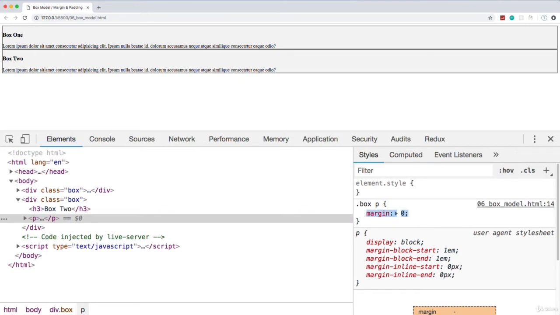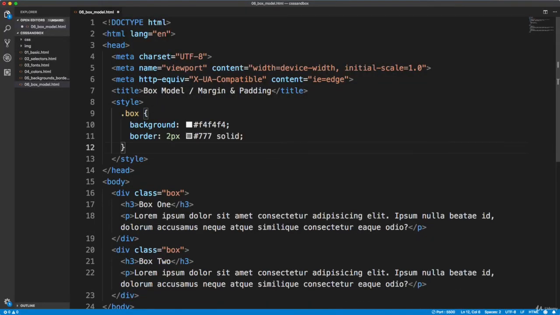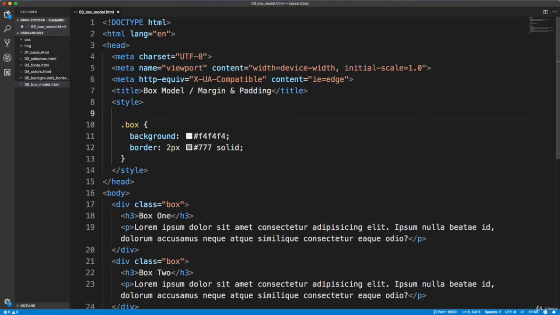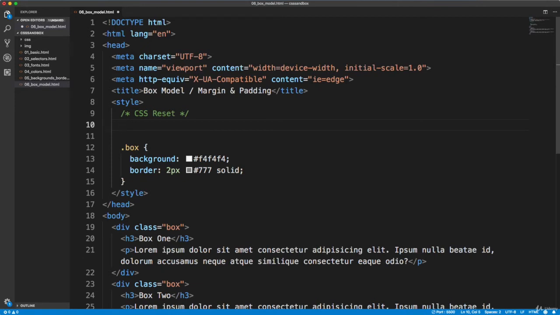What I just did. Okay, now if you want to take away all the default styling, you can do that with what's called a reset. So I'm going to get rid of that, what I just did, and I'm going to create a CSS reset. Okay, and there's different ways to reset. You can reset margin and padding, font size, borders. There are popular reset files that you can use, like Eric Meyer has a reset file that's pretty popular,